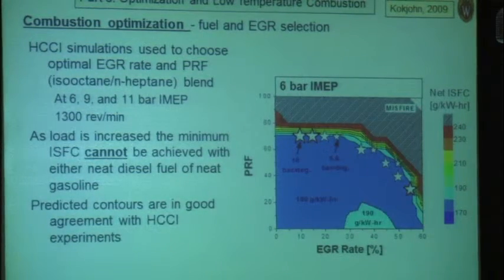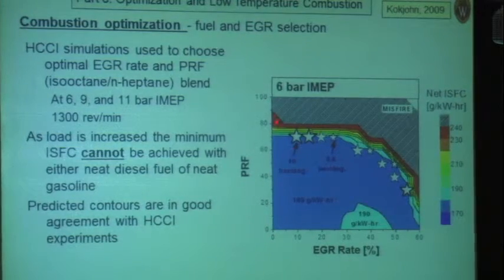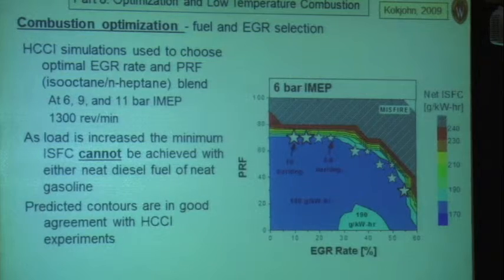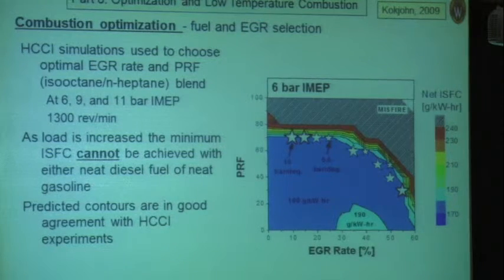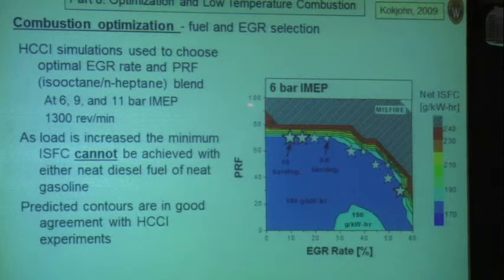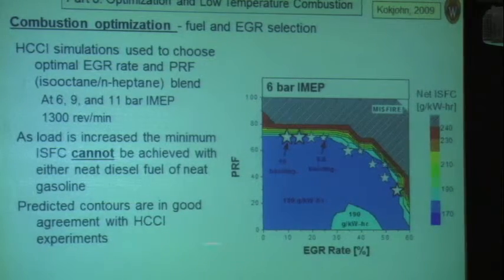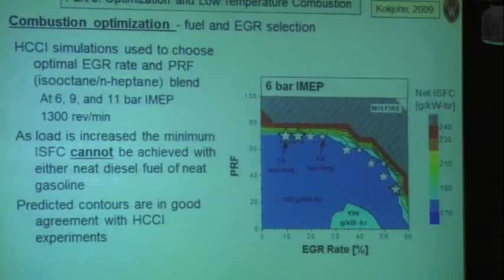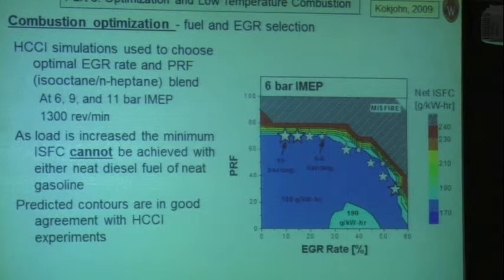And we varied the primary reference fuel number, if you like, or composition, using isooctane and N-heptane as our surrogates. Isooctane having the 100 PRF number and N-heptane having 0, right? So blending those two, we can change the PRF number of the fuel, or the octane number of the fuel,